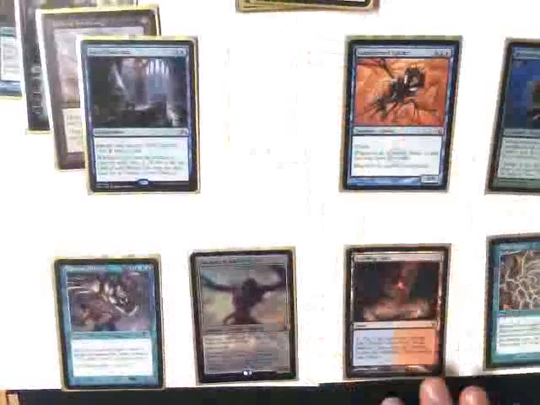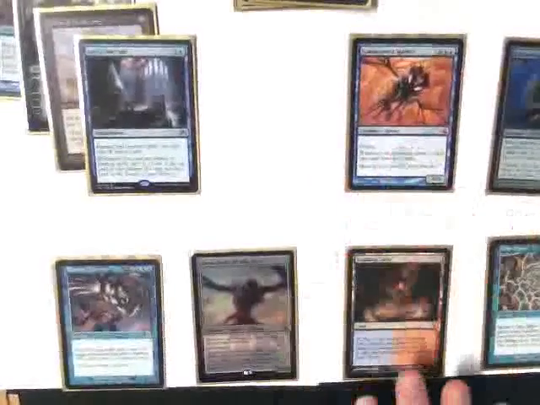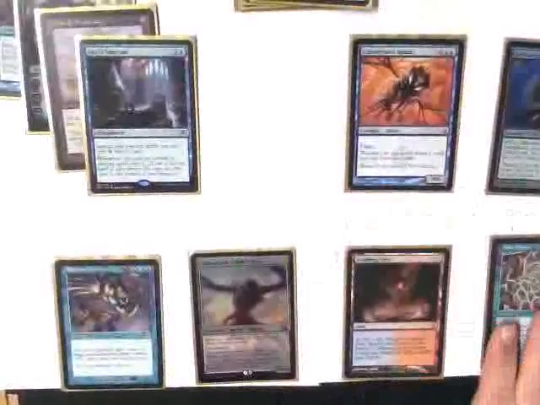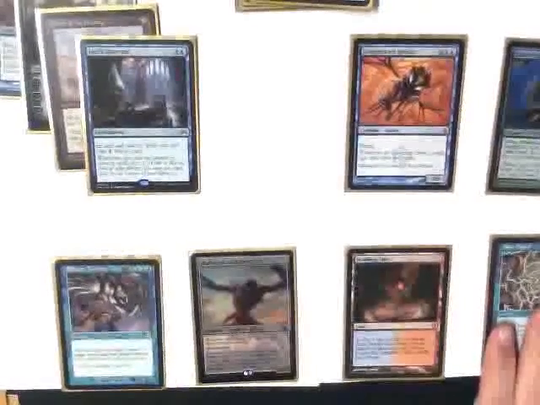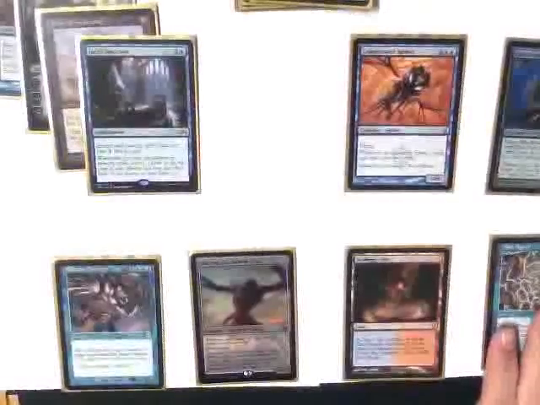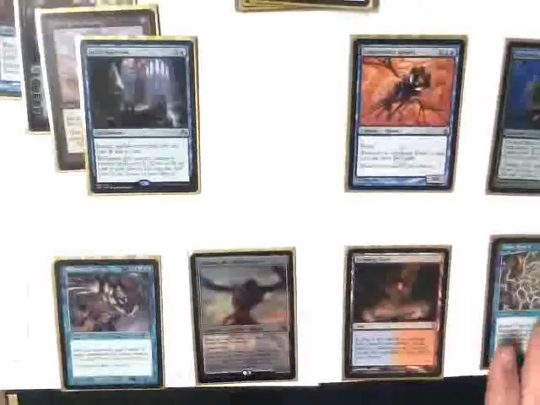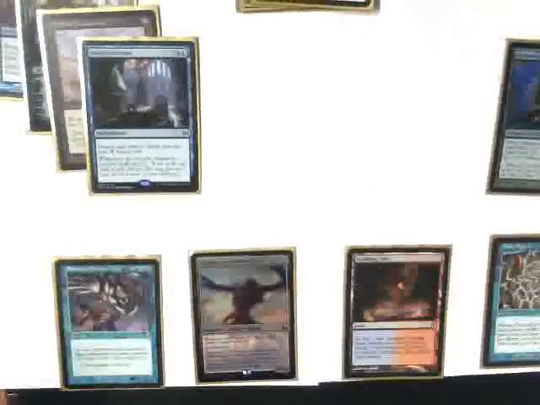Now, with that Sphinx in play, because we have this Time Spiral, that essentially is going to be able to allow us to draw our entire deck to functionally hit as many wheels as we like. If we didn't have the Sphinx in play, assuming we didn't, so let's get that offline for now. Assuming we didn't have that Sphinx in play, we can go for 3